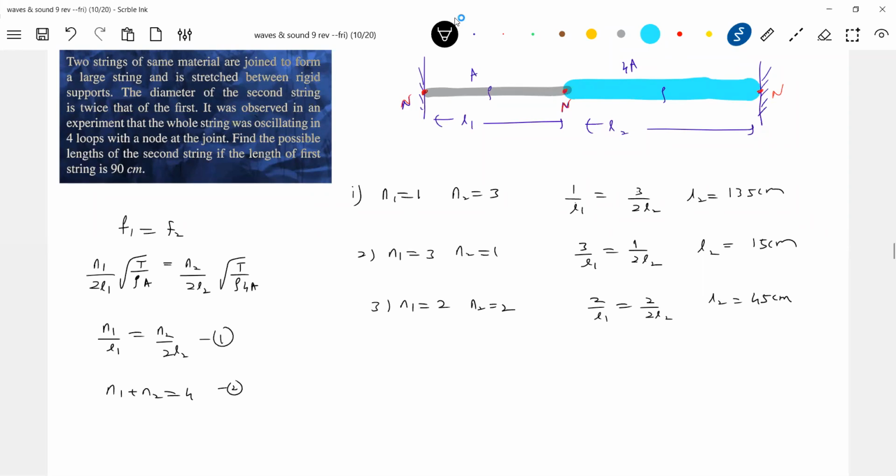Now the primary question is, why can't we take half loop here? A node, sir. The point is a node, yes, it was just mentioned. Even if it wasn't mentioned, can we take a half loop? Here it's not possible. But if you connect a tuning fork, a wire can oscillate in a half loop. Half loop is possible for a wire, provided you connect it to a tuning fork. I think it's there in the theory.